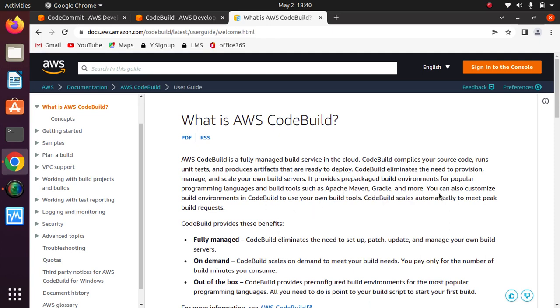Okay, for example, again I am telling you one more example. For example, if you have written the code in HTML, right? You have HTML code, and you want to create a website. So in that case, you will finally deploy that code in S3 because it's a static website, right? Then once you deploy that code in S3,